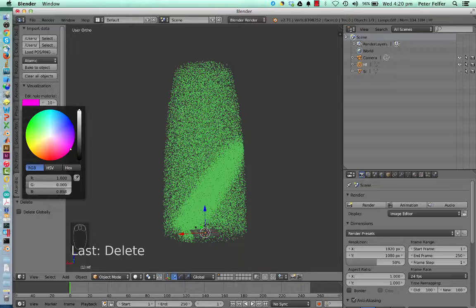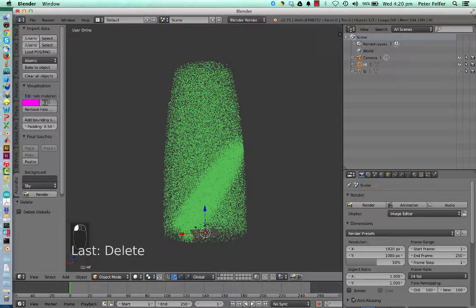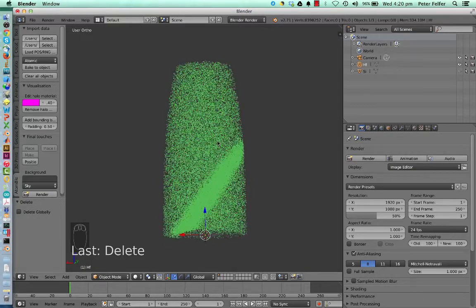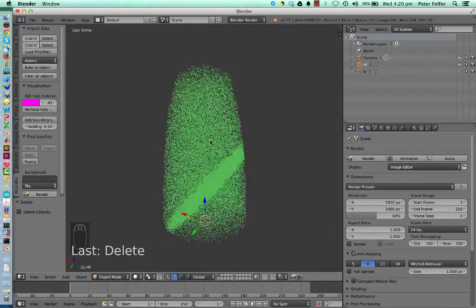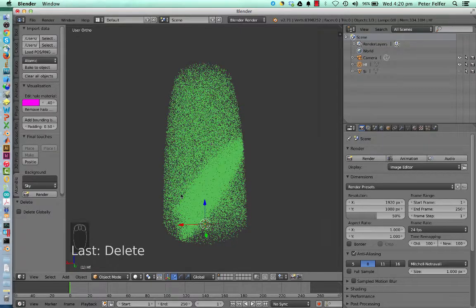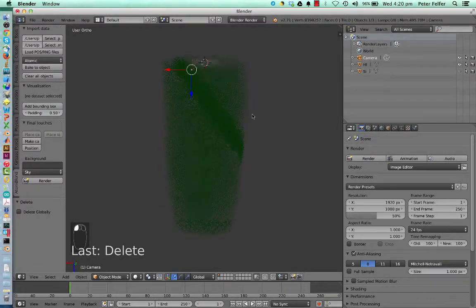If you wouldn't have AtomBlend, I know it's a bit of a bad example, but if you wouldn't have AtomBlend, you would have to do all of this by yourself. And I'm actually going to be going with you through all the settings so that you understand what they mean. That's why this tutorial is, of course, a little bit longer. If you're interested in how to do the whole thing with spheres, you will need to scroll to a later point in this video. So let me just go and grab the camera